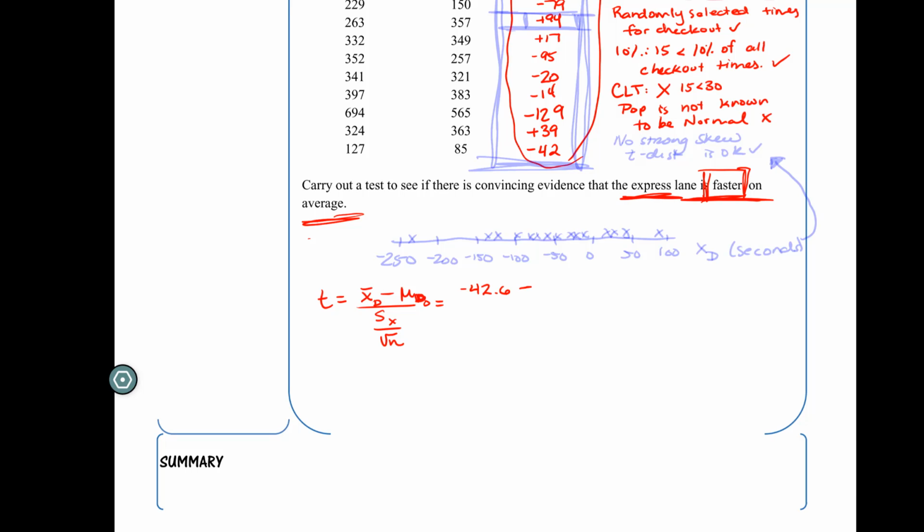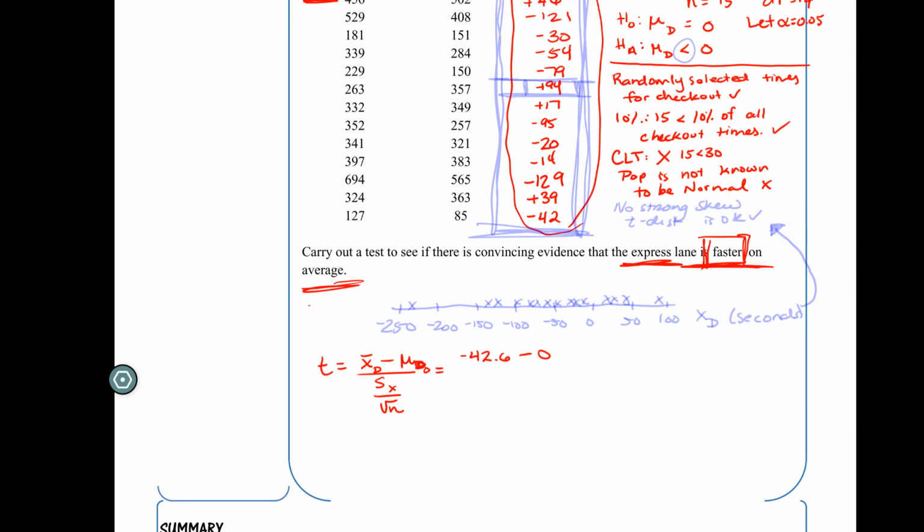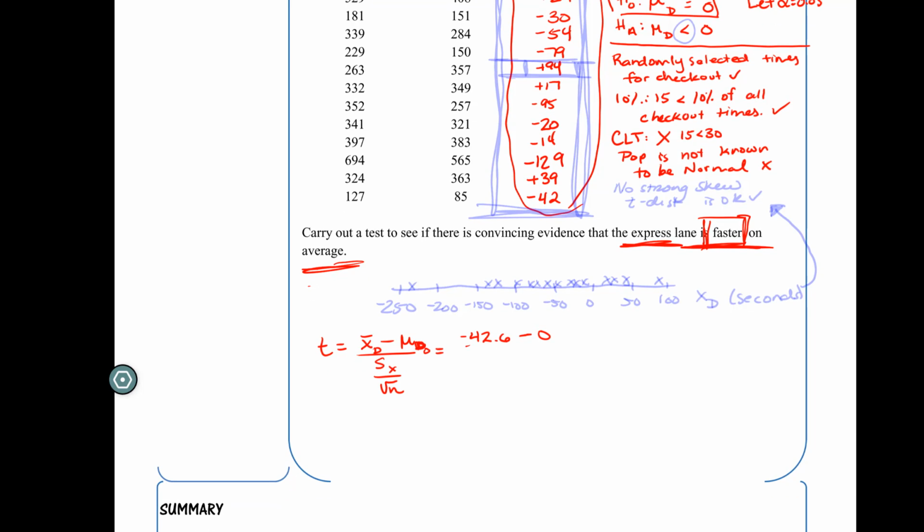So I'm going to call that mu sub d naught, and that was 0, right? Our null hypothesis said that the difference between these two was nothing. Then we divide by our standard deviation, s sub x d, which is really the standard deviation from our sample, 84. And then we divide it by the square root of our sample size, 15. This is all calculator work. Plug this into the calculator and we get a t-score of negative